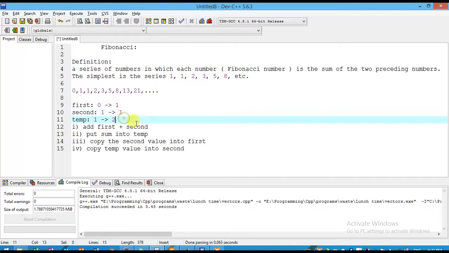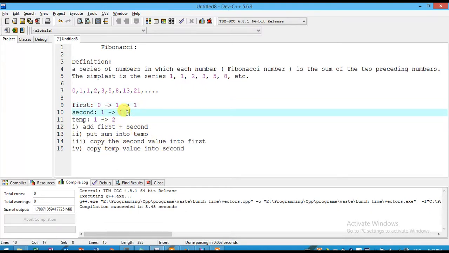We have done up to the first step here, and then we put the sum into temporary. We have done this step also, and copy the second value into the first one. The second value is 1, so I'm copying 1 here, and then copying the temporary value into the second. The temporary value is 2, so I'm copying 2 here. Again we come to the first step: add the first and second values, 3.